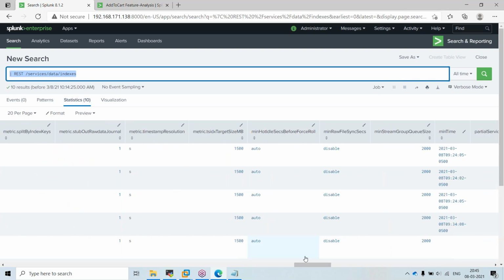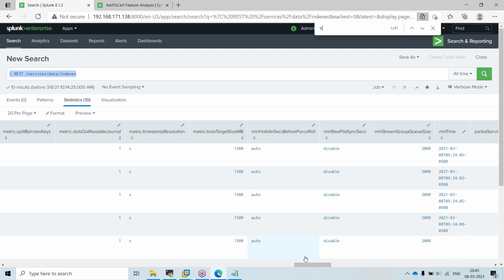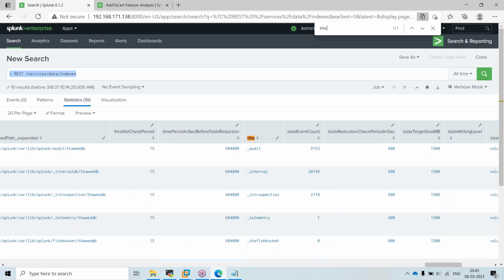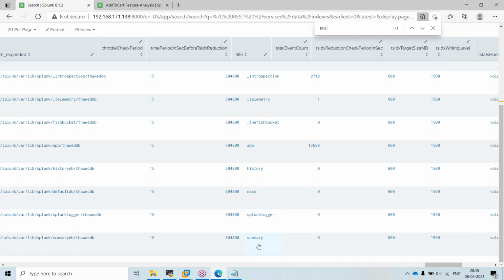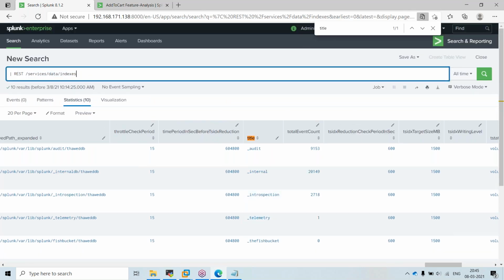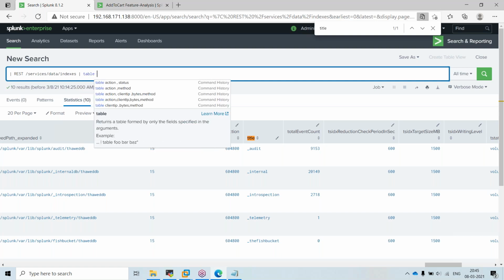So I will use search. Title is here itself. So this is the index name. I can put table.